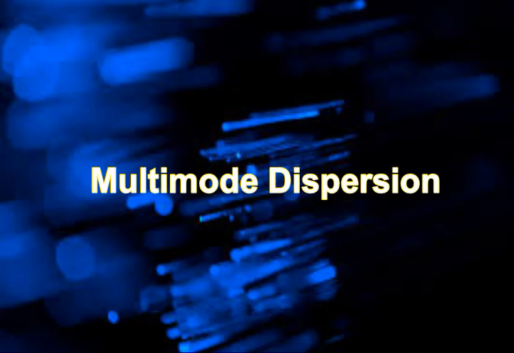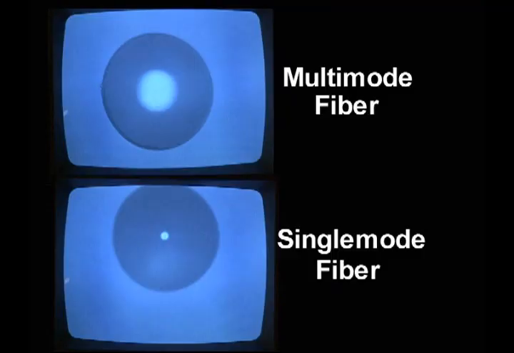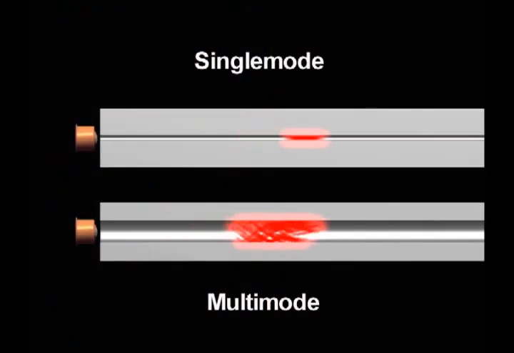The structure and chemical makeup of the core is critical to fiber operation. Optical fibers are divided into two broad categories, multimode and single mode. The major physical difference between them is the diameter of the core. Single mode fiber has a small core diameter compared to the overall fiber diameter. The small core size forces light to travel in a single path or mode down the axis of the fiber